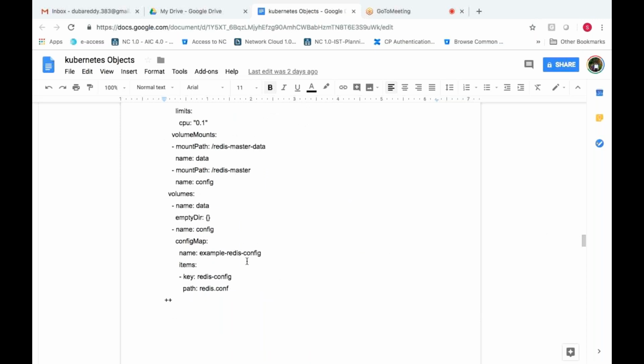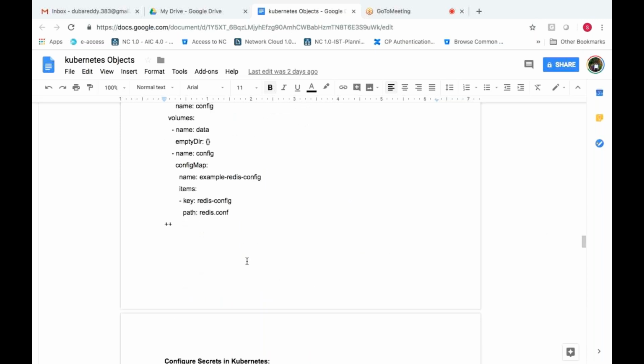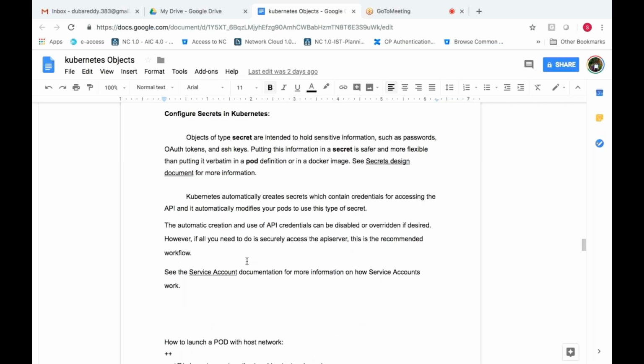Okay, so now we are coming to secrets. I hope I haven't started with secrets. Secrets are nothing but, let us say you want to hide sensitive information in Kubernetes while creating objects like pods and containers. I want to store sensitive data. I cannot give it as plain text.